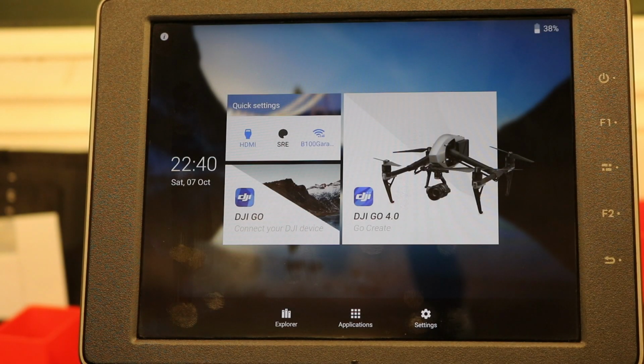In this video we are looking at the DJI CrystalSky monitor and specifically the DJI Pilot App and the new local data mode. Now for those who are not aware, DJI actually have three apps for their aircraft. The DJI Go app for the older models, the DJI Go 4 for the newer models, and the DJI Pilot App. The Pilot App is specifically designed for their Matrice series of aircraft, so the 200 and the 600, for